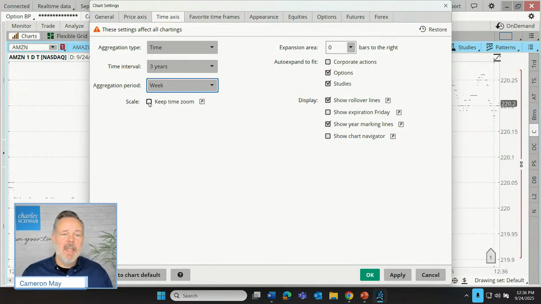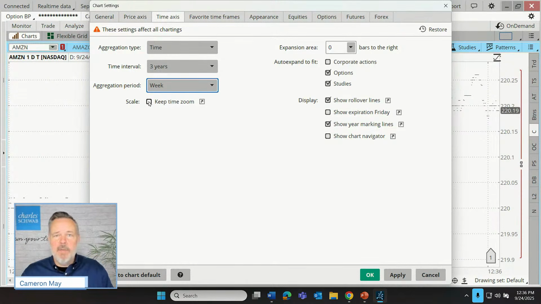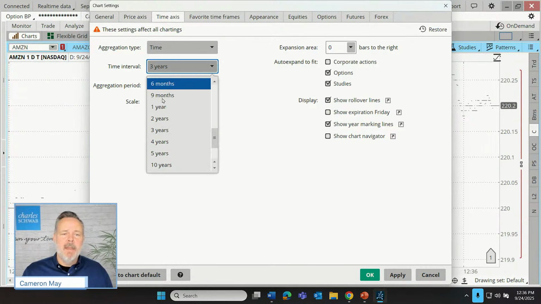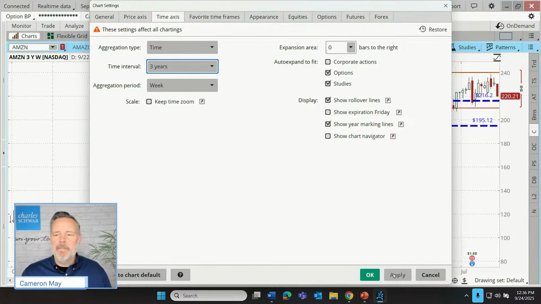If we check this box, we're saying keep this, because I'm going to use it on a different chart, or maybe I detach my chart and move it over to the side, and I want it to display on all my charts. So if I go to a grid, I want to use this on my grid. That's this box right here. Okay, let's go back to it. Might as well do this. Let's change this to a 3 year weekly chart, click apply.